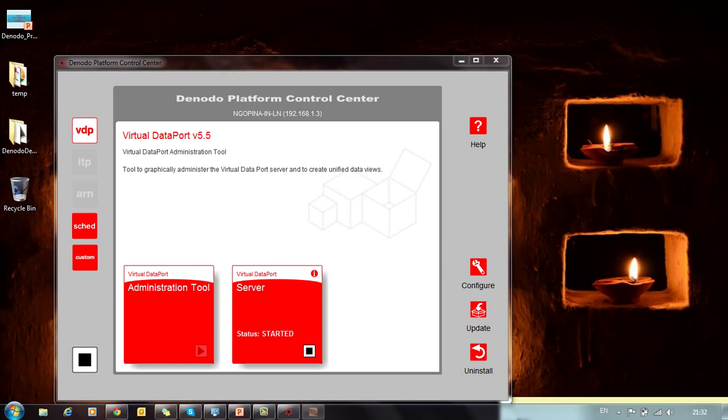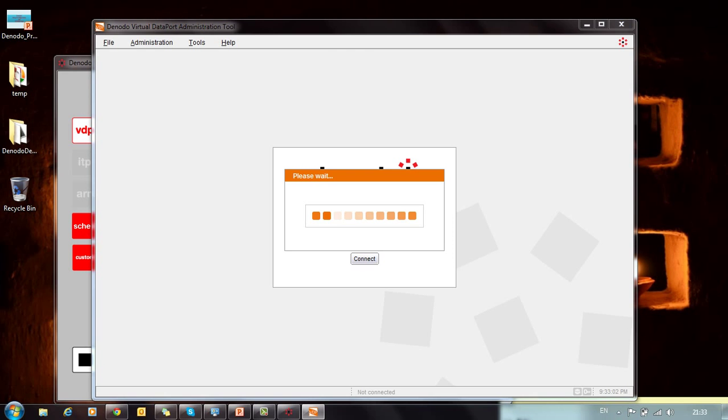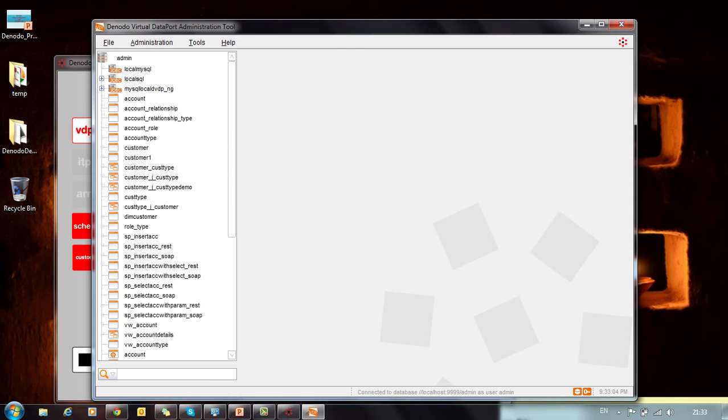The administration tool is where we are going to create all the web services required for data virtualization. So once I connect, giving the credentials,